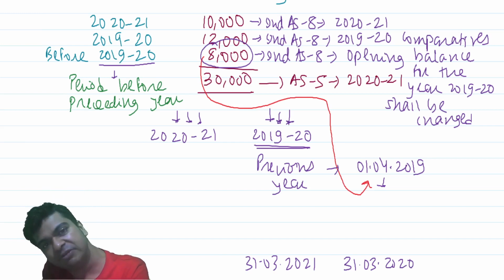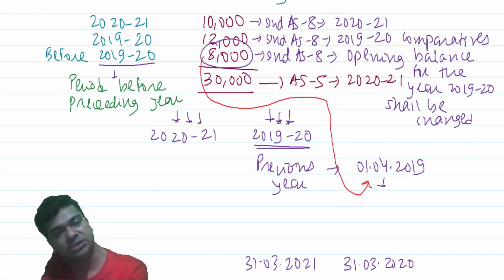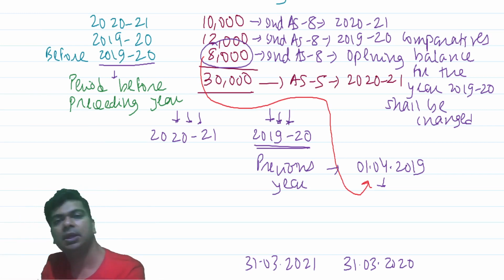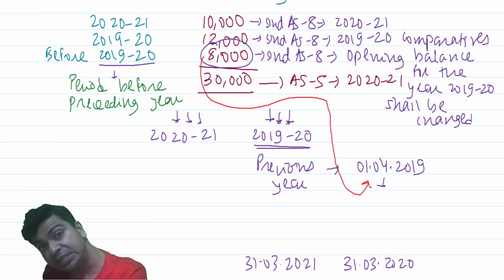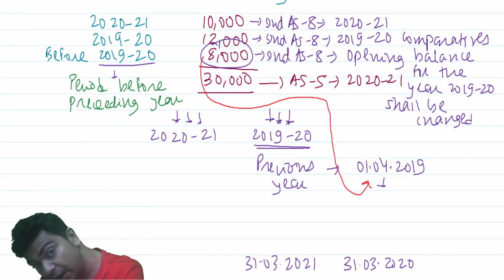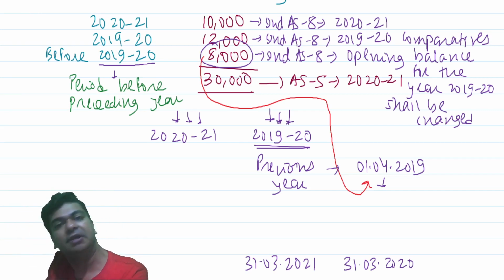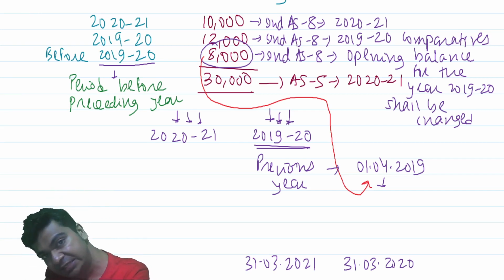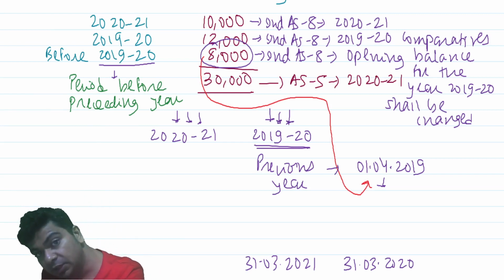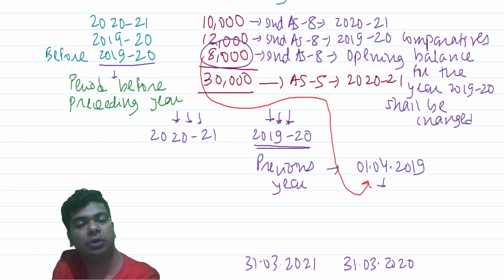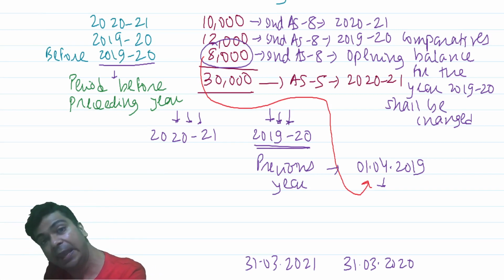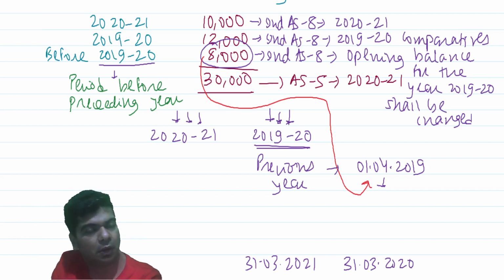This is a point which has been completely missed out by Accounting Standard 5. AS 5 simply says that you should change your accounting policy retrospectively. Ind AS 8 also says you should change your accounting policy retrospectively. But where Ind AS 8 differs is that it does recognize the fact that when you are changing an accounting policy, retrospective calculation may be impracticable.